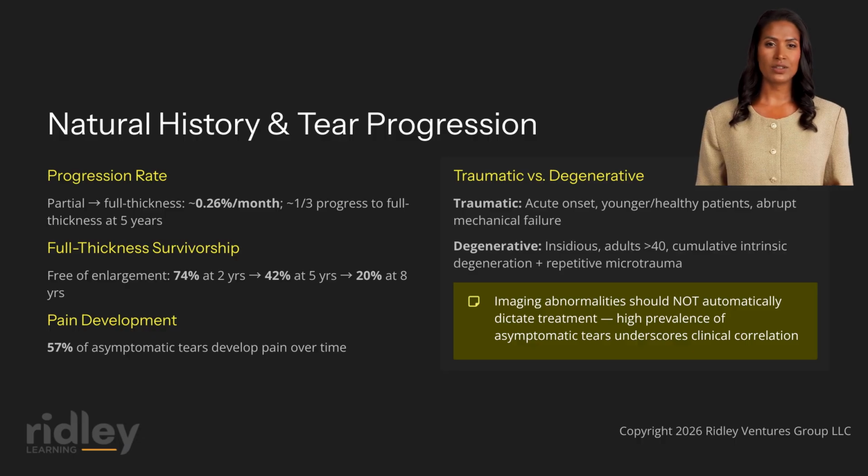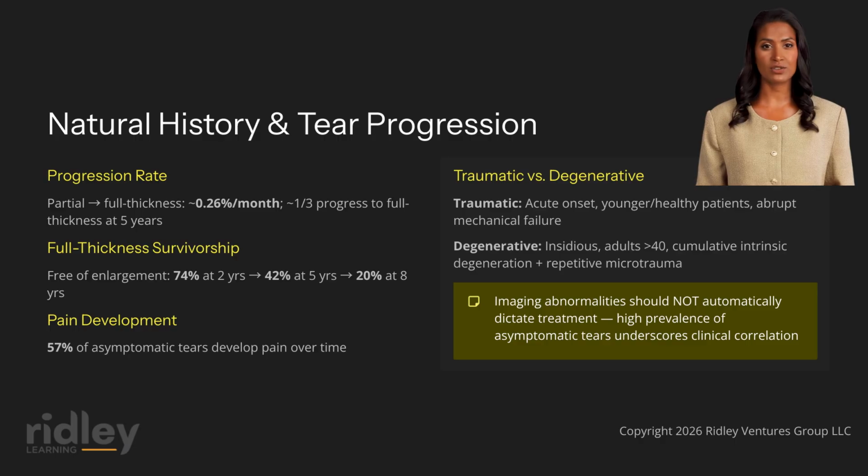Understanding the natural history of rotator cuff tears is essential for counseling patients and guiding management decisions. Partial thickness tears progress to full thickness tears at a rate of approximately 0.26% per month. In natural history studies, at 5 years of follow-up, tears progress to full thickness in approximately 1/3 of those with